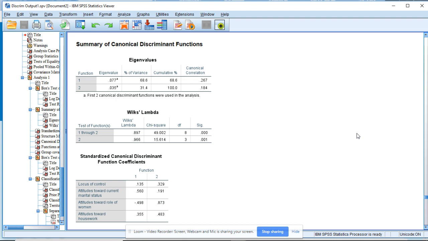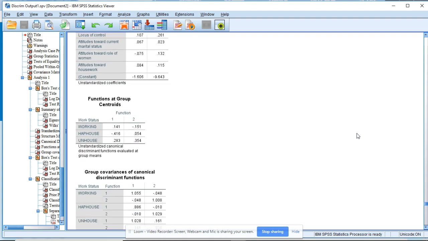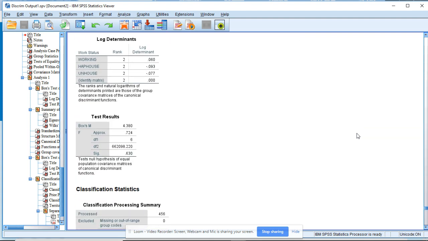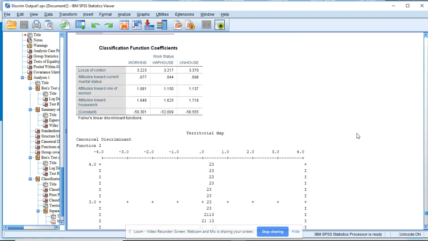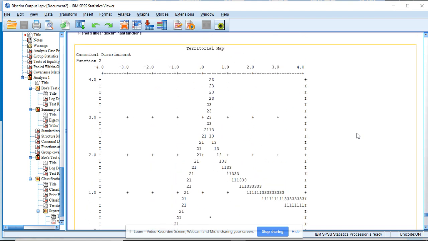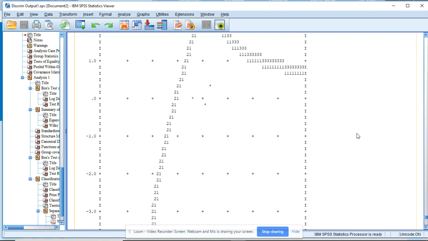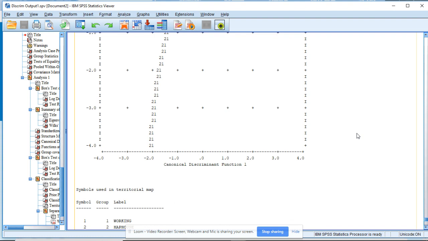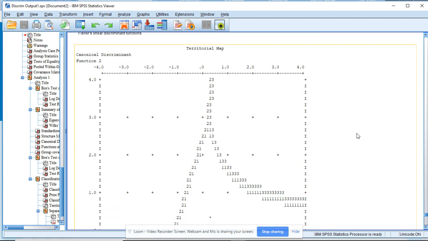Okay, so now we want to look at the classification results just to see how much our equations help us guess correctly. And so here we look at the classification function coefficients. Let's keep going down. This chart is super cool, but I don't understand what it fully means. It shows the canonical function 1 and 2. So it plots it. I think ultimately what it is, now that I stop to think about it, is each